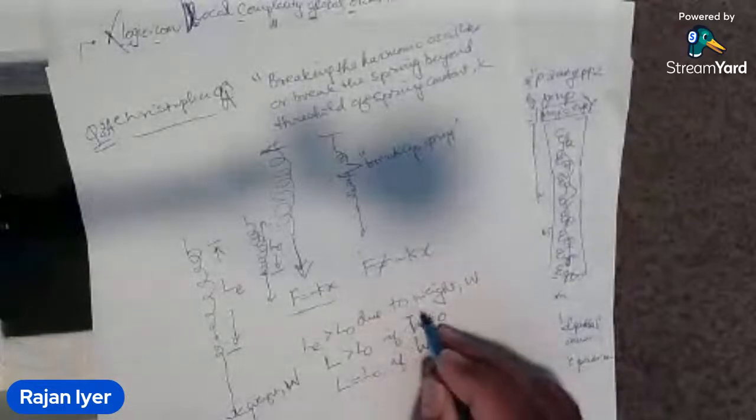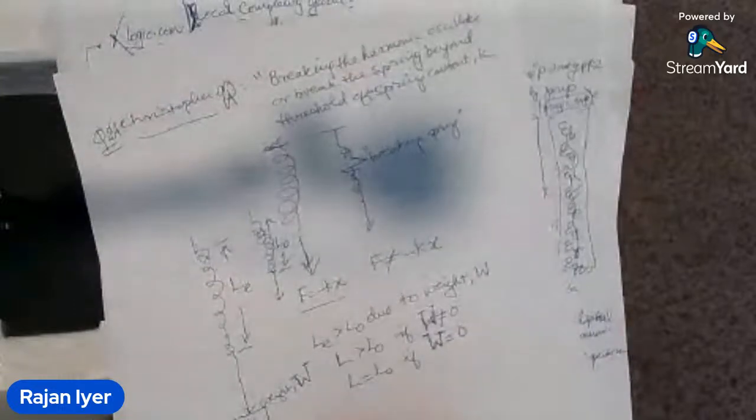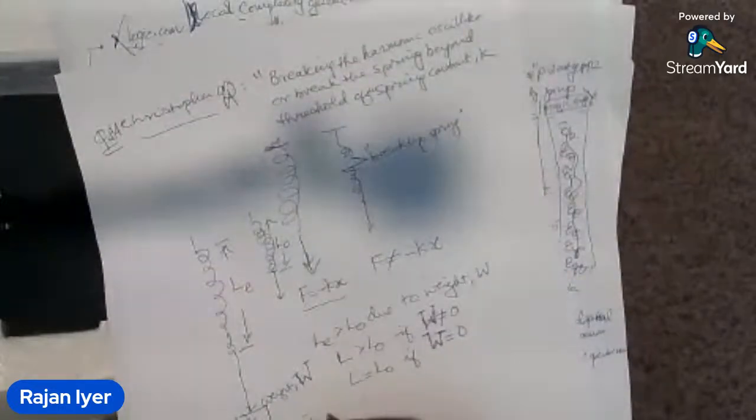It's capital W, not omega. I'll put a capital like that. It's the weight. So what happens is that if the weight is not equal to 0,